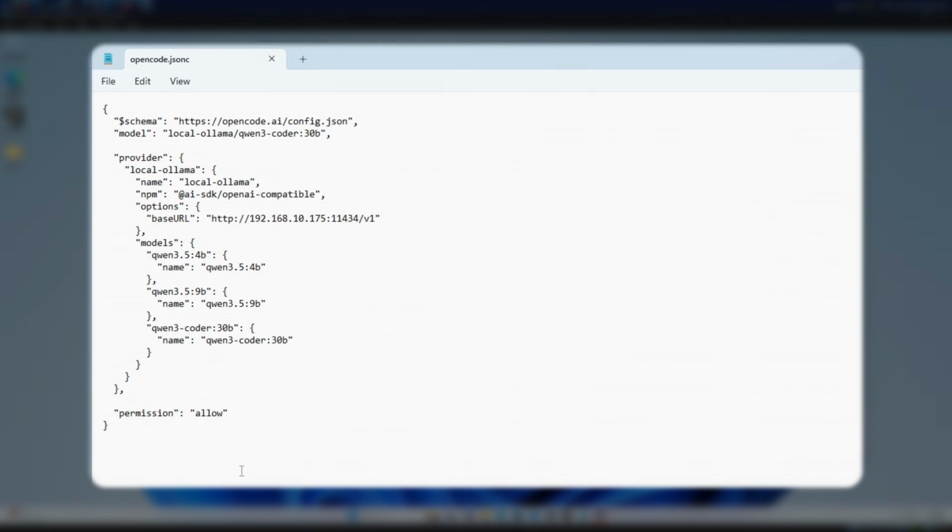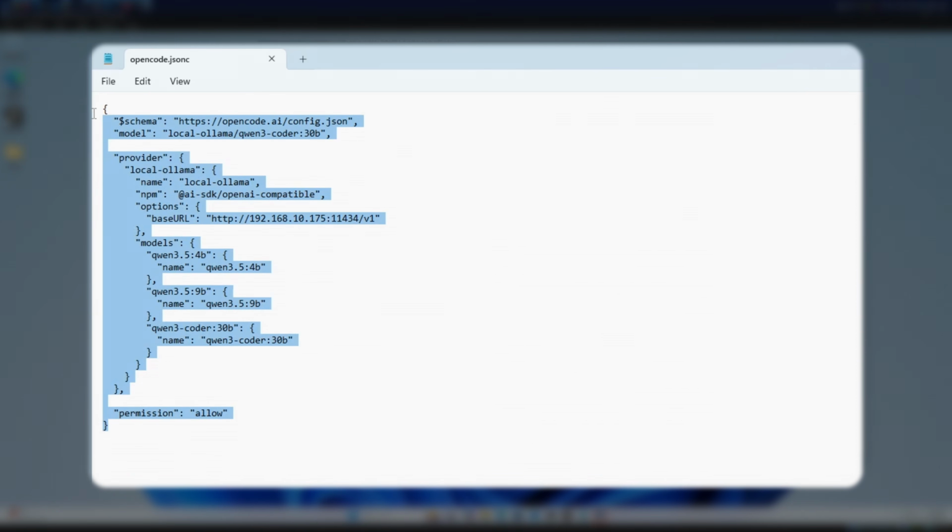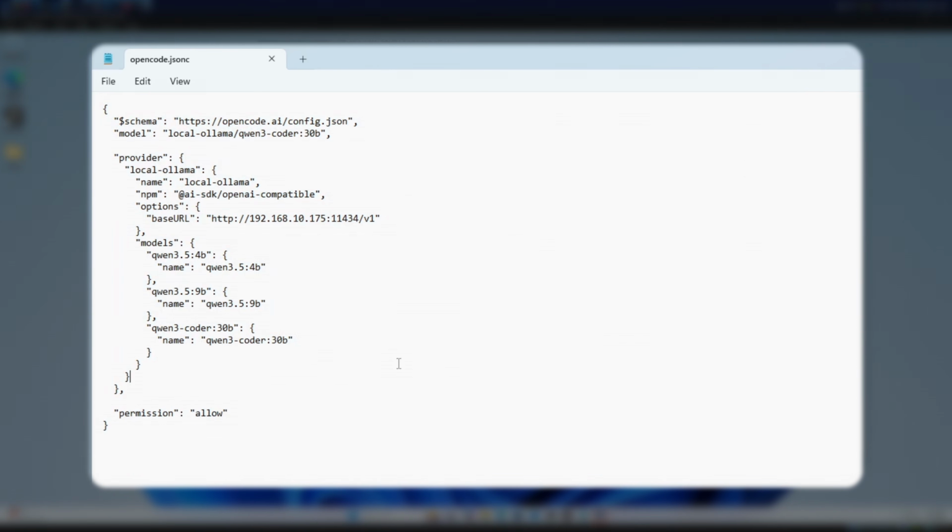And I want to do that because then I don't have to accept every single change it wants to make in this virtual machine. That's exactly why I'm using it in a virtual machine in the first place, so that it doesn't affect my main computer and I can just let it get on with it. And I'll put the whole config file, including any other commands or stuff that I used in this video, in my written guide on my website, and you can find a link to that in the description of this video.